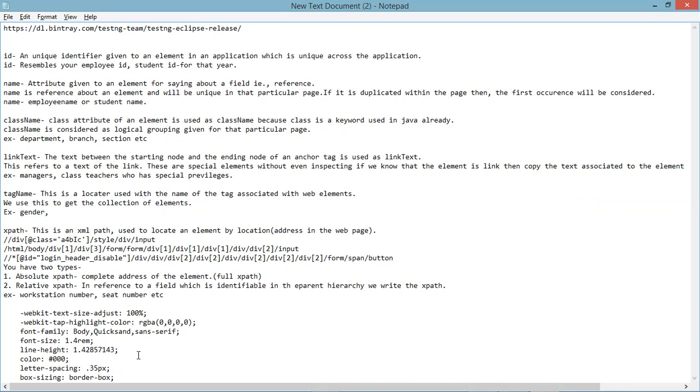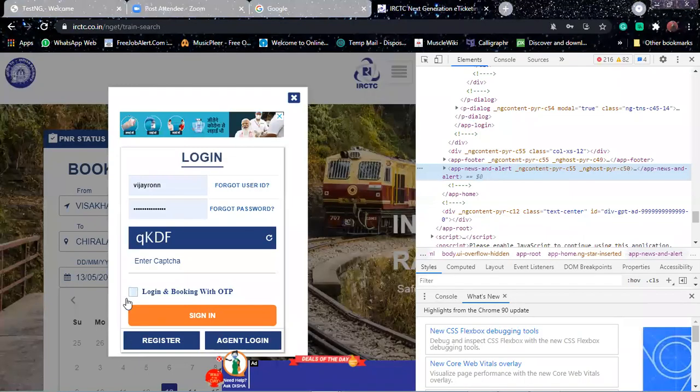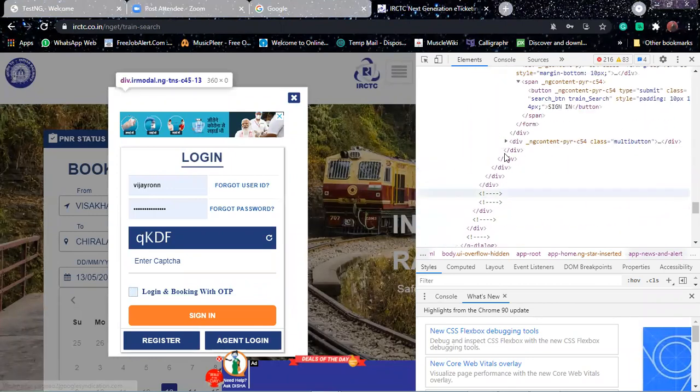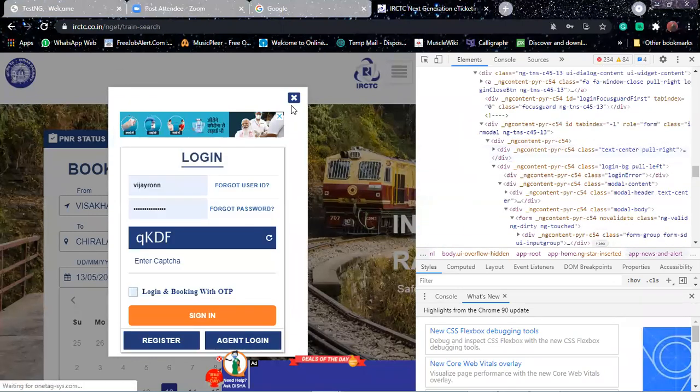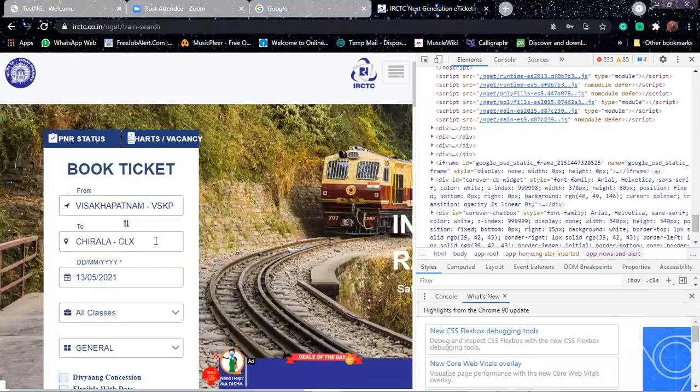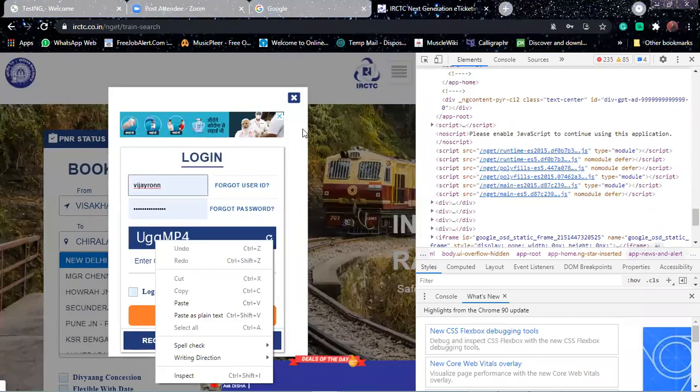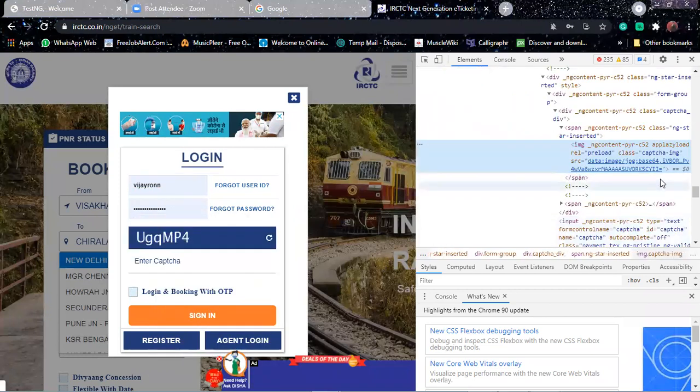These also I can use for locating an element. Go to the elements that have a class name. Earlier you took something like a class name, right? Any class name is okay. The captcha line image is there, right?